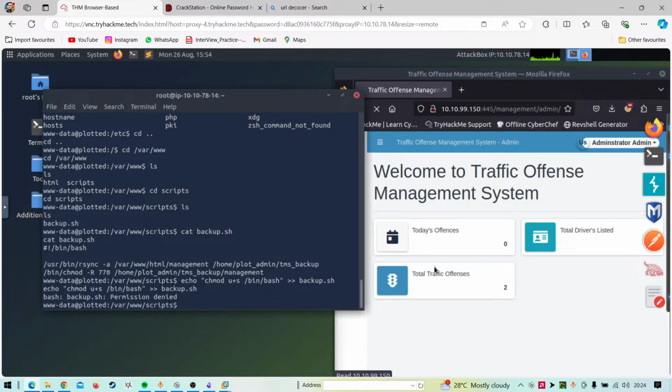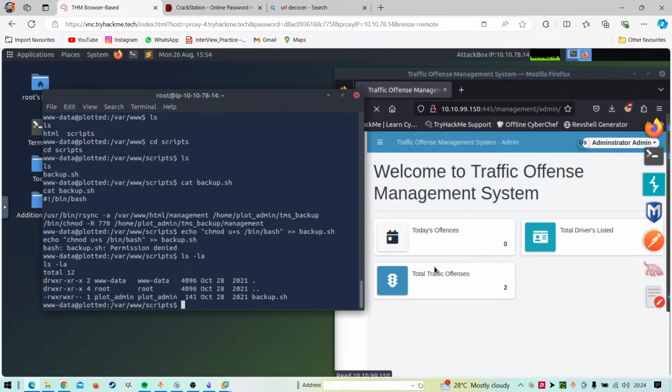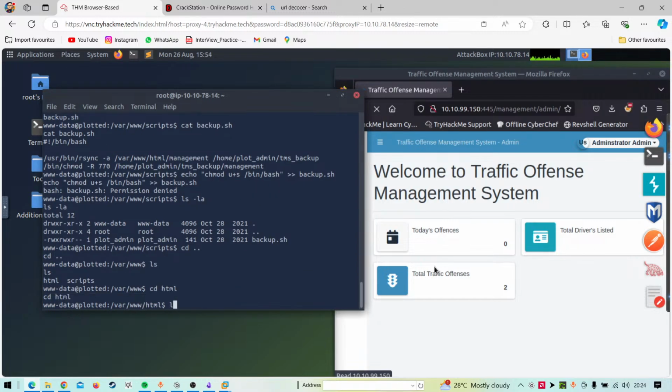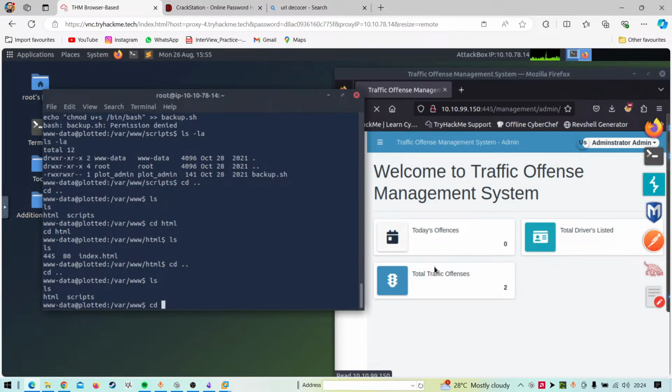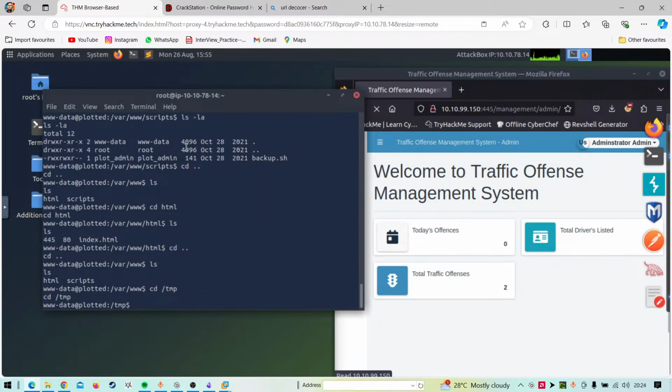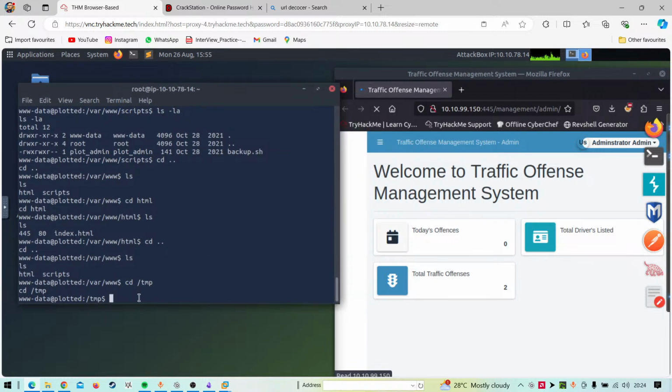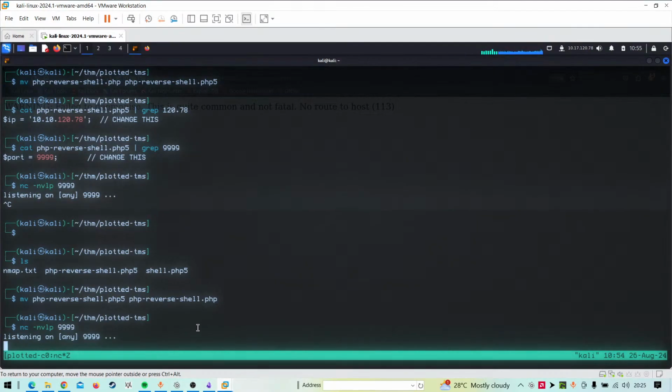Unfortunately, we cannot change it. Okay. So that means what else is left is to just go back to html, and nothing up there also. So we'll just come up here and host a Python file.